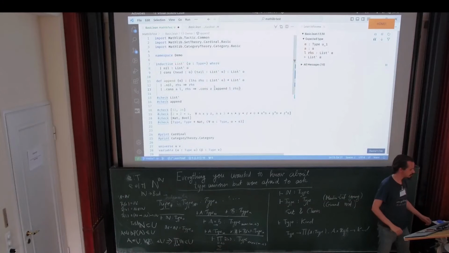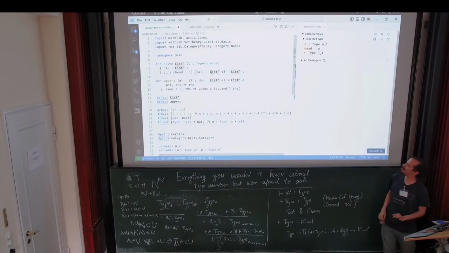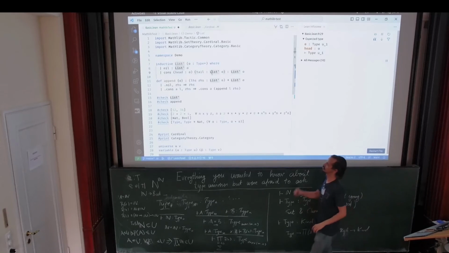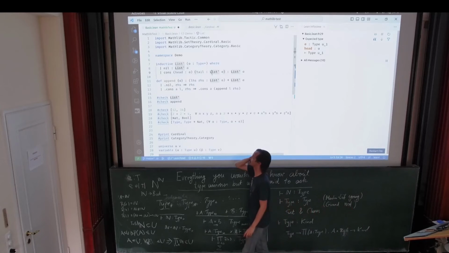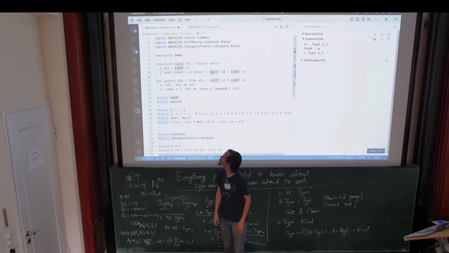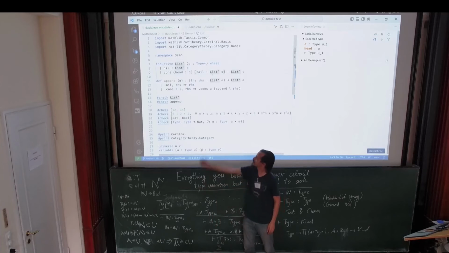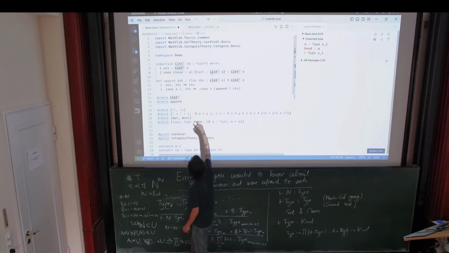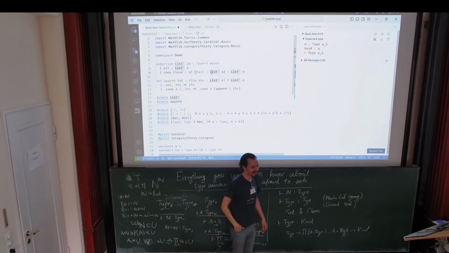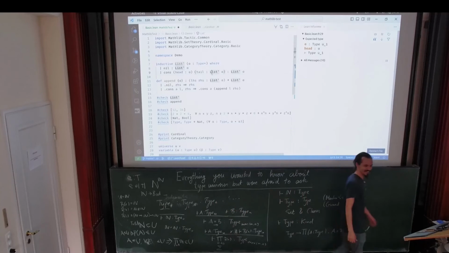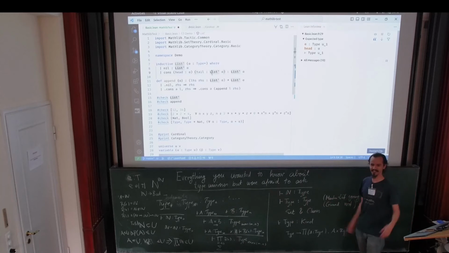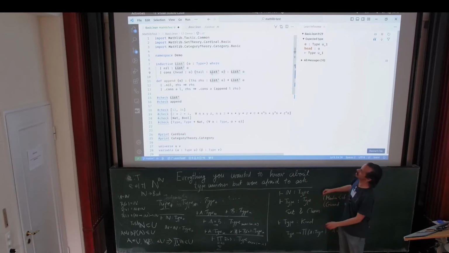Alright, so here I have given a basic example of defining a vector type called list. List is defined with a nil and a cons, and I have a type parameter. What is a type star? Good question. So type star is a type in any universe. That is to say, it's